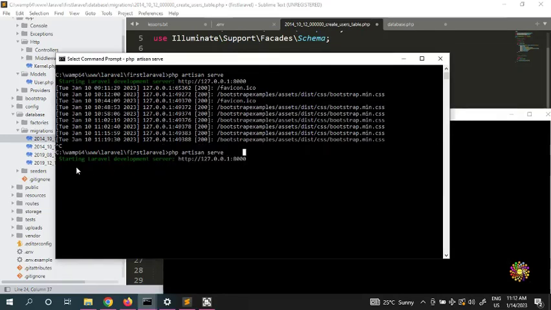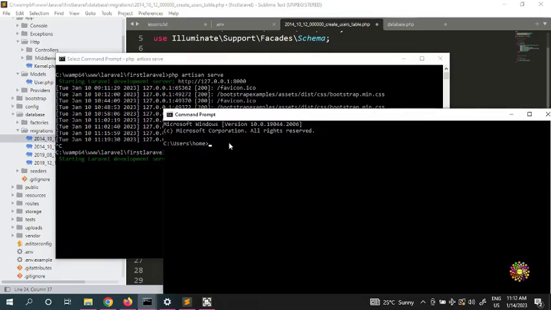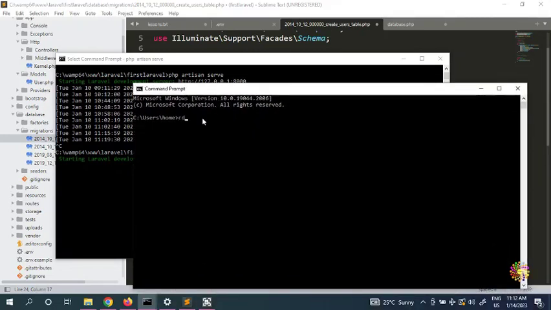You guys can press Control C to get out and create your database, restart this one, or you can come here and do that one manually. So if you put a cd, and we put cd wamp64, if you have XAMPP, you just put xampp64, then you put your database table. In the WAMP64 it is www, but in XAMPP it is htdocs. Then you put Laravel,